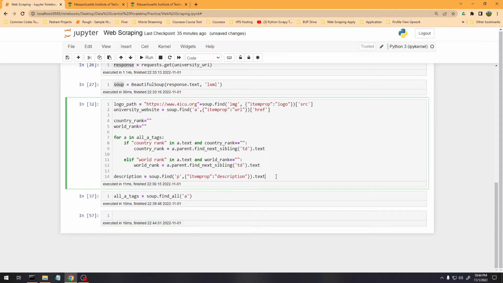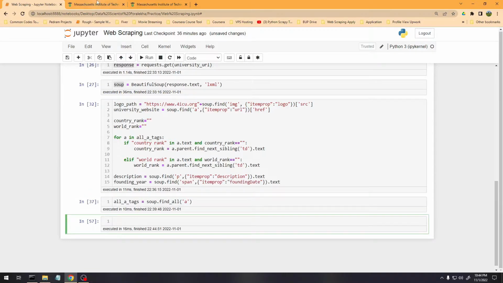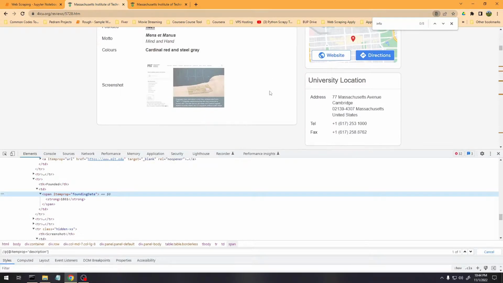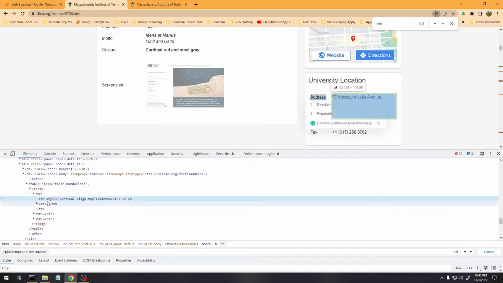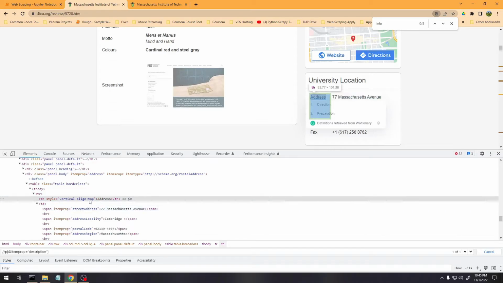So we have also fetched the founding year of this university. Now I think this address one is remaining. Okay, it's in a table, right? The table header th is address